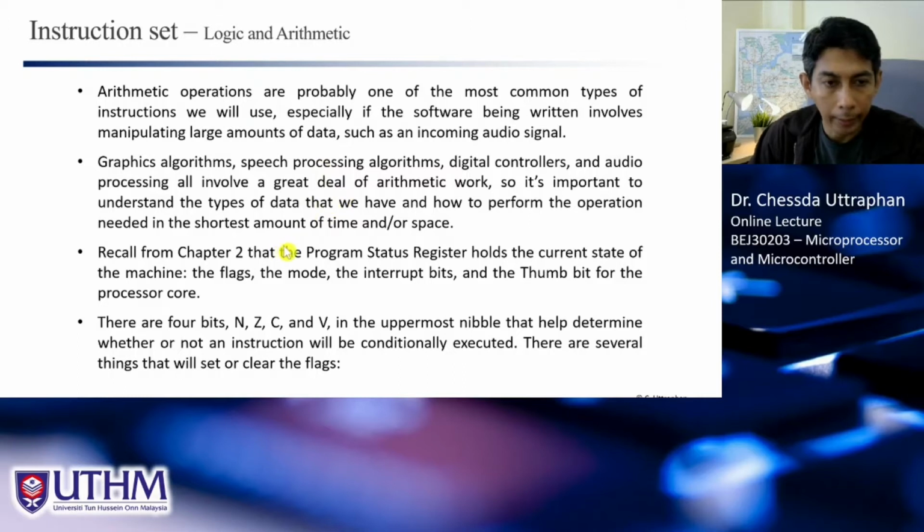It will involve the status flag that we have learned in chapter 2, and these 4 bits are very important in arithmetic operation, right? Because when we perform arithmetic, we want to know what type of result the operation produces, whether it is a negative number or zero, whether it has carry, whether it is overflow. So this information is important